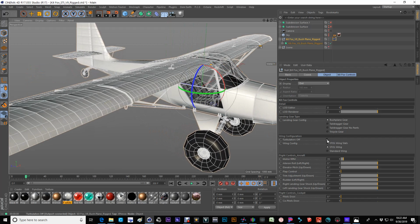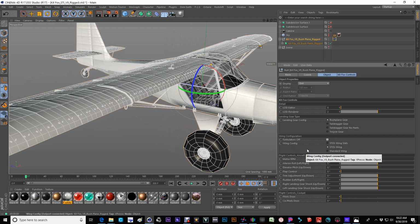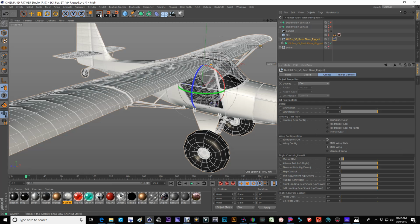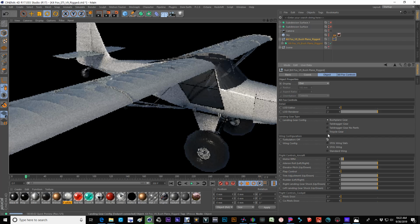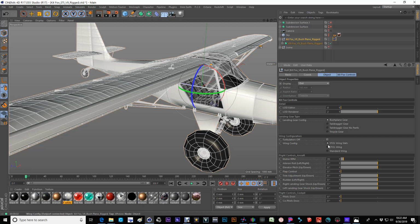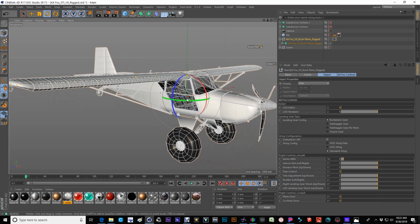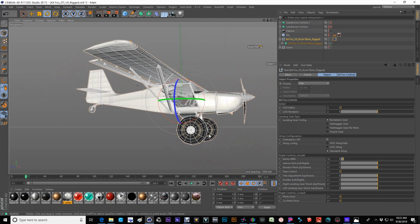So hiding things and then bringing them back, whether you want to render it or not. You can attach all this stuff into, so the turbulators here, you can see them right now, and of course we hide them, and we can hide them as well in the renderer, so it won't render those out. Same thing, you can have different types of configurations to be able to select how you want things to be displayed,